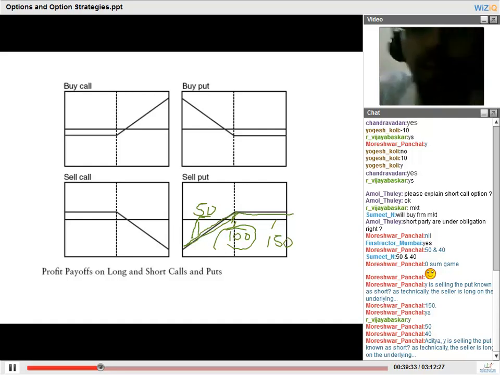Guys, whoever has the right to execute will be called the buyer of the option because he will have to pay an upfront premium. Whoever gives somebody the right will be called the short position or the seller of the option, because he will receive the upfront premium. Now the option can be to do anything. Option can be to buy the stock, sell the stock, to double the stock. I can have whatever option. If I am giving the option, I am the seller. If I am having the option with me, I am the buyer of the option.